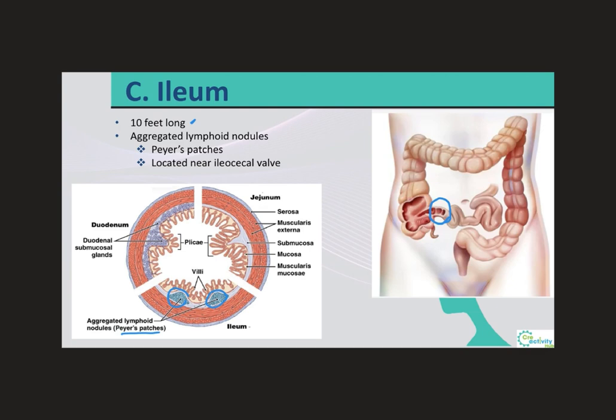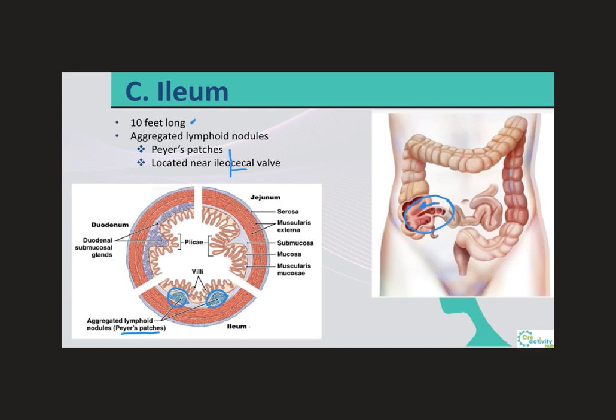So right over here is what we call the ileocecal valve. It can also be called the ileocecal sphincter, and this is where the small intestine, more specifically the ileum, will join the large intestine, more specifically the cecum. And this is why it's called the ileocecal valve, because it's a portion of the ileum and the cecum coming together. Now, why do you think we have these Peyer's patches located in the ileum, or more specifically closer to the ileocecal valve? Well, these are going to be important because